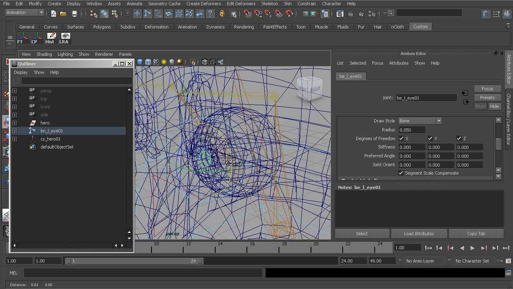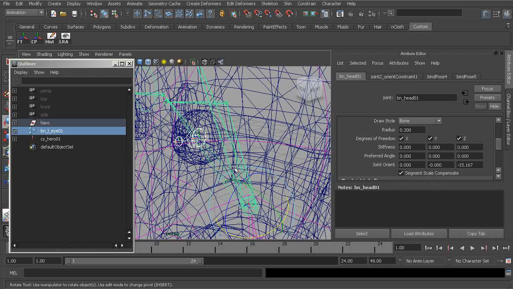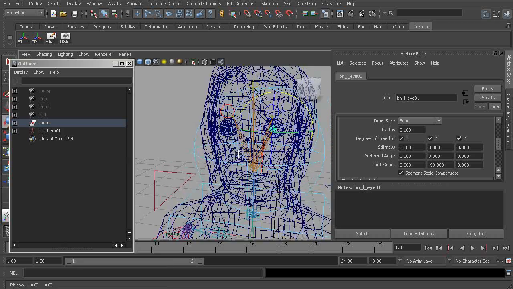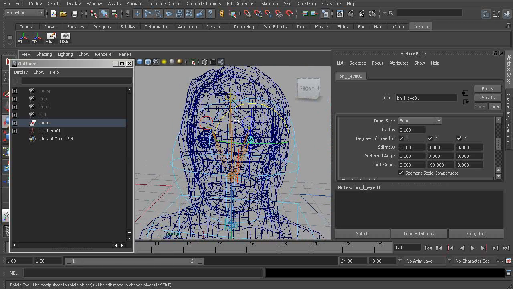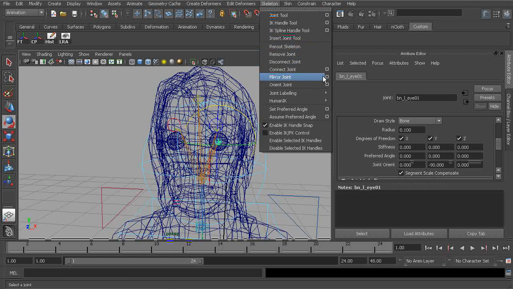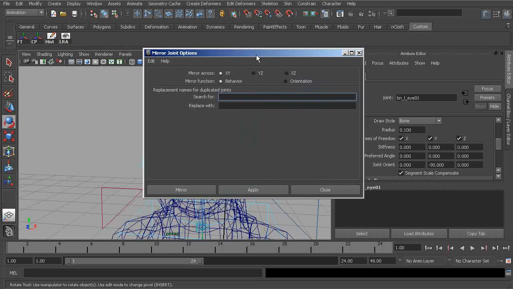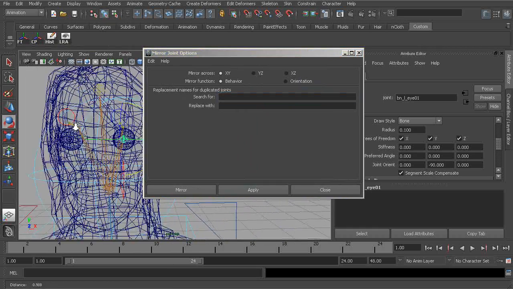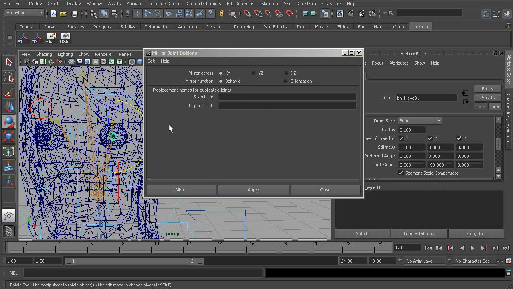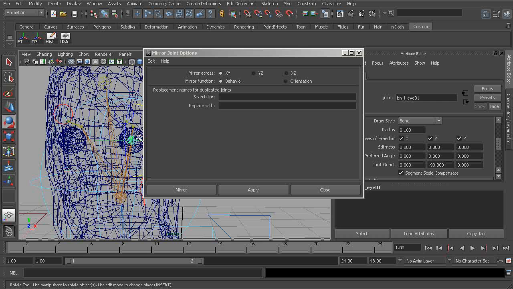All right, great. So let's say we go ahead and take our eye bone and parent that to the head. So now it's a part of our skeleton. We can go ahead and mirror it over. Let me go ahead and show you my mirror joint tools or settings. So under skeleton, we'll head over to the mirror joint options, and I will go ahead and reset things just so we can work with this from the top and understand the mentality behind choosing some good settings